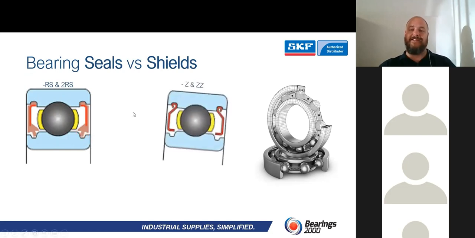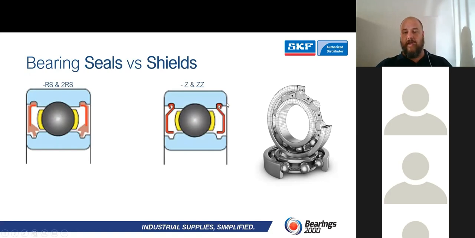Your metal unit is shields. They are integrated into the outer raceway, but there's no actual contact with the inner raceway. And that is simply due to the fact that these shields are metal. If I had contact with both raceways, one of them turning, I would generate some friction. And then, of course, friction would generate excess heat within the bearing. So there is a slight gap there, whereas this one is a completely sealed unit.